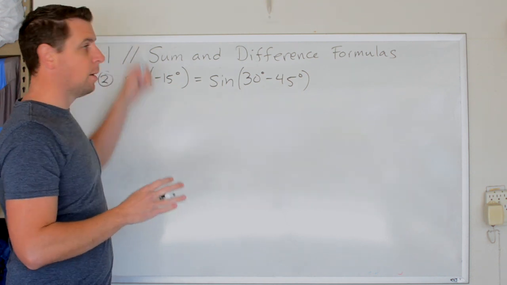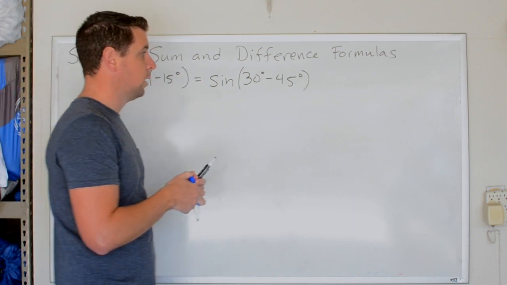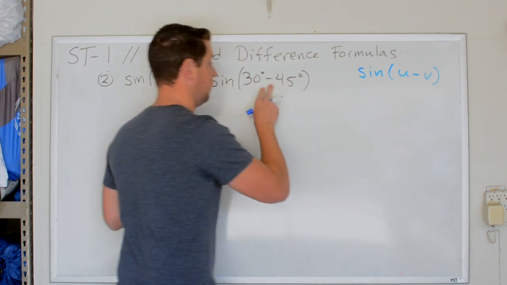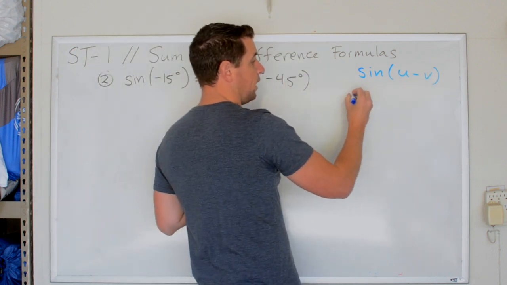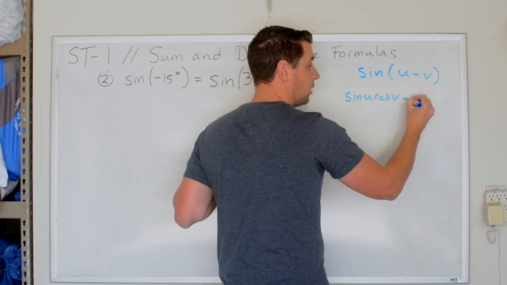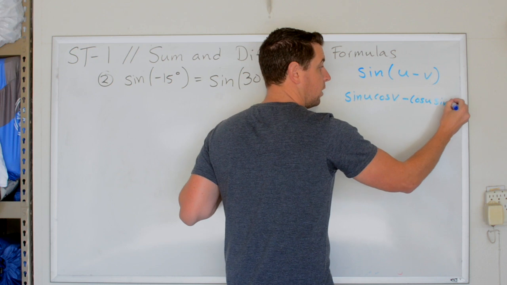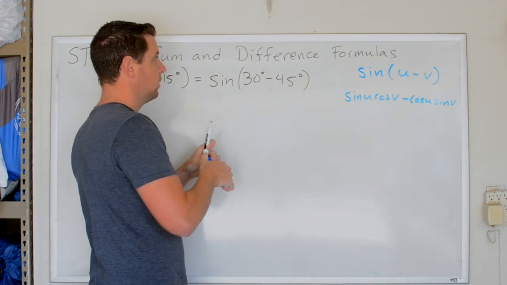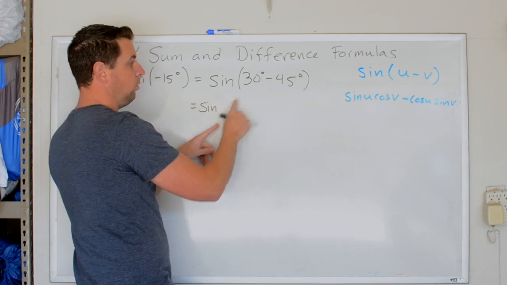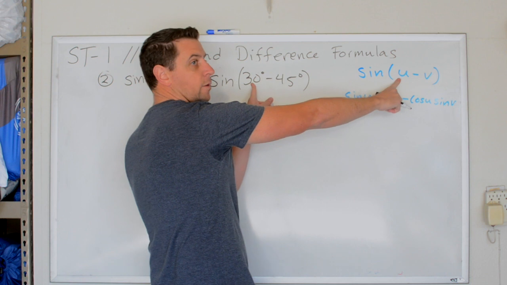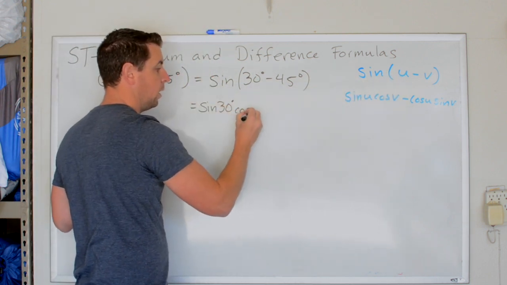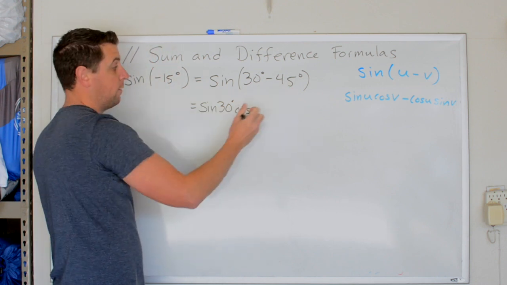At this point now I need to remember my difference formula for sine. My difference formula for sine was the sine of u minus v, because I chose two angles being subtracted. And that would be sine of u cosine of v minus cosine of u sine of v. When I do that, this will break down to sine of my u taking on the form of 30 degrees, cosine of v taking on the form of 45 degrees,